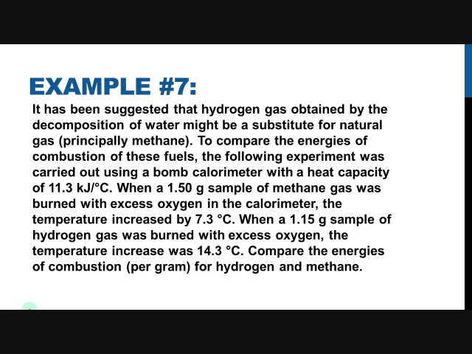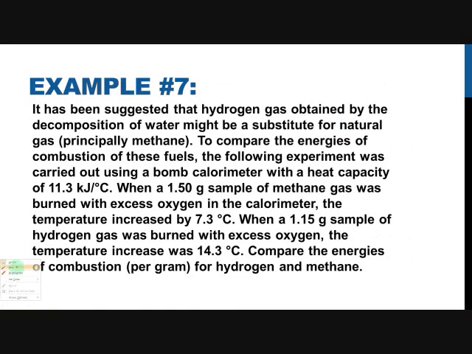So what we're going to do is find the energy per gram, and then when we compare them, we'll see if one is better than the other. And it would be better if it produces more energy. Okay, so we're given a lot of information, a lot of words here. Our two different substances are methane and hydrogen gas. So methane's formula is CH4 because meth stands for one carbon. And then hydrogen gas. Okay, so back from the words, it told us that we had 1.5 grams of methane